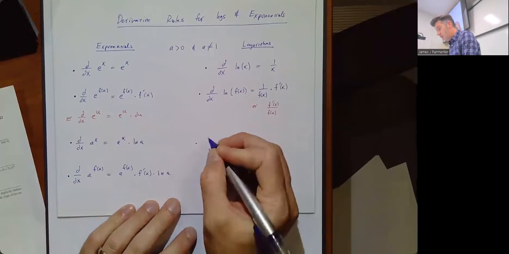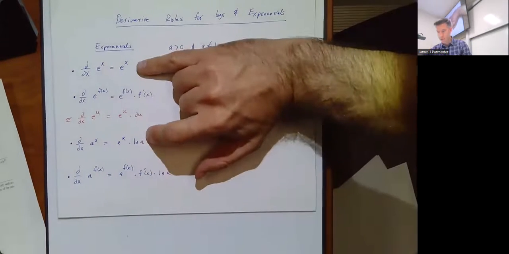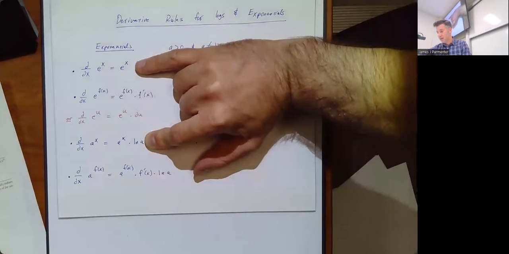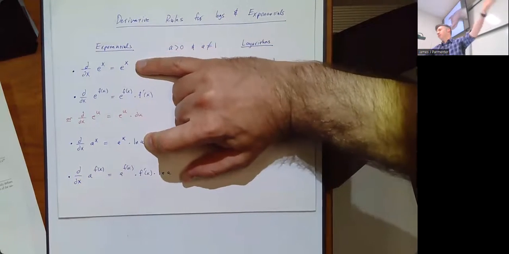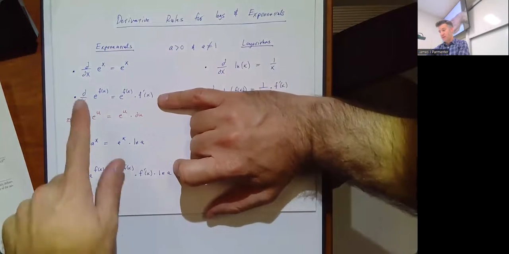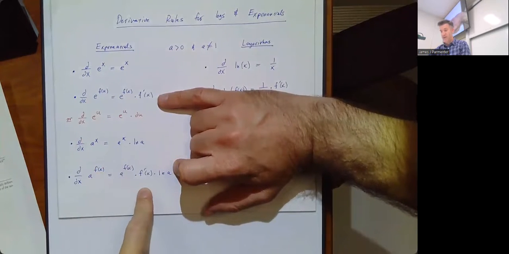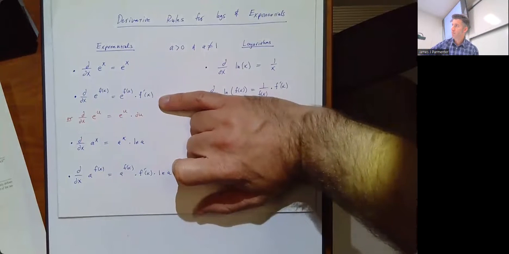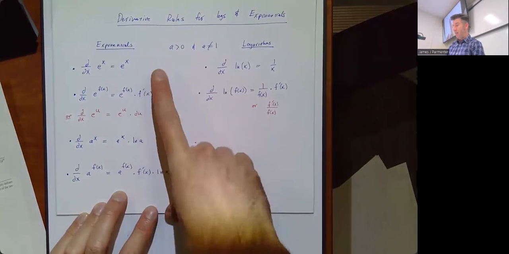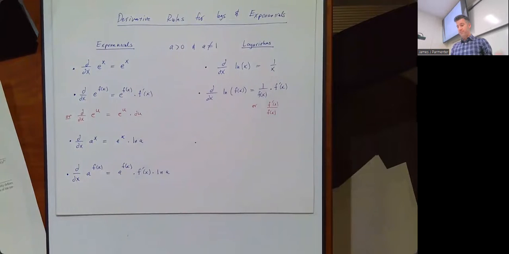Notably, I should point out these two rules here, those two rules there, are pretty much the same. The derivative of e to the x is e to the x. The derivative of a to the x is a to the x, and then you tack on the natural log of a. The derivative of e to the stuff is e to the stuff times the derivative of the stuff. The derivative of a to the stuff is a to the stuff times the derivative of the stuff, and then you tack on the natural log of a. In fact, you could also tack on the natural log of e here, which is 1, and here, which is 1. We don't, because it would be silly, but they really are the same rule.